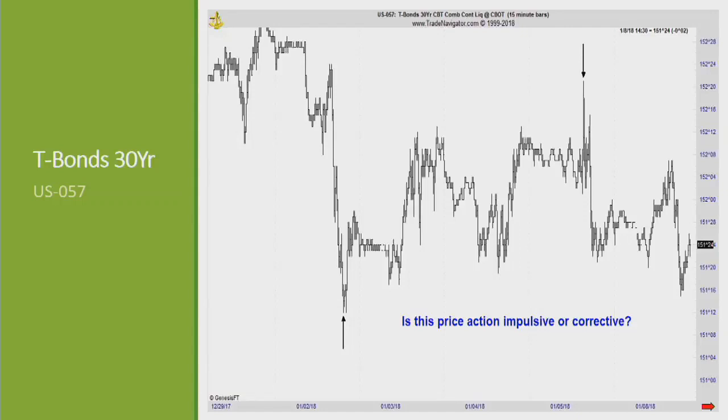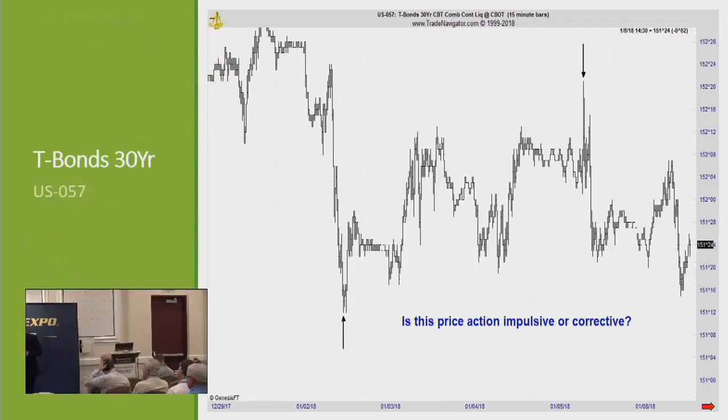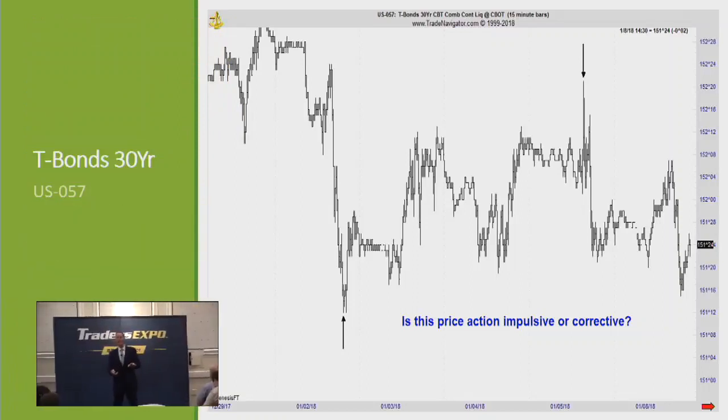You weren't taking notes, were you? Choppy, sloppy price action contained within parallel lines. 9 times out of 10, that's going to be a counter trend move, and it's going to be 1 or 2 of the types of Elliott wave corrections we discussed. Zigzags, flats, or triangles. That's why we have something called a double zigzag or a double 3 or a combination.